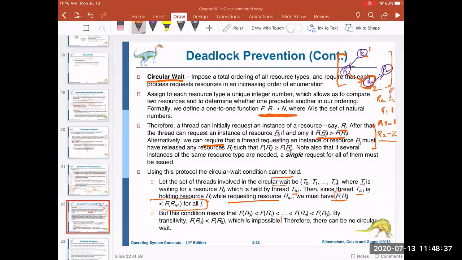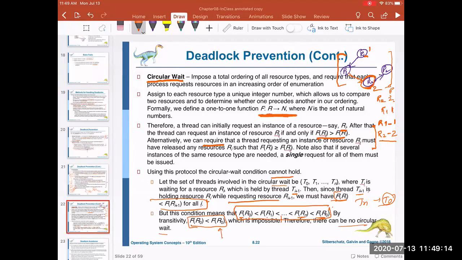Because if Tn is waiting for a resource which is held by T0, then by transitivity, R0 is smaller than R1, Rn is smaller than the next, and this would make Rn smaller than R0. So this condition means that R0 is smaller than R0 itself, which is impossible,